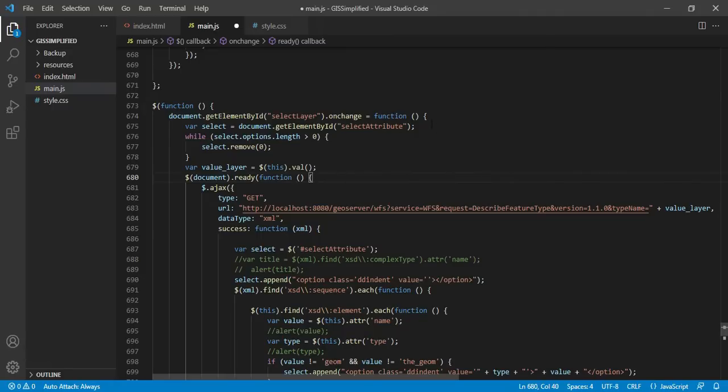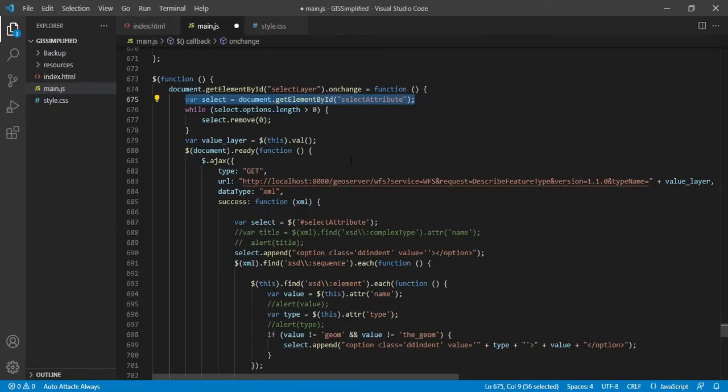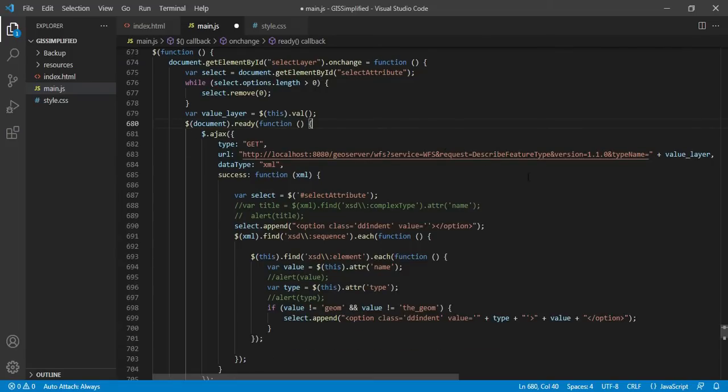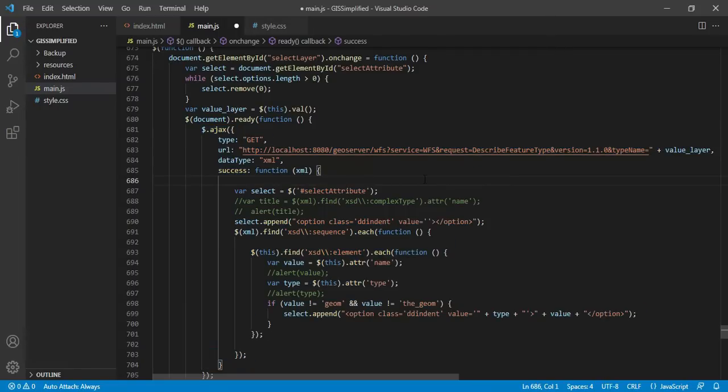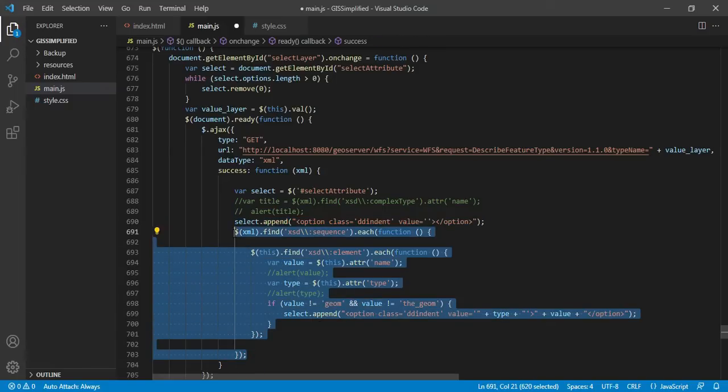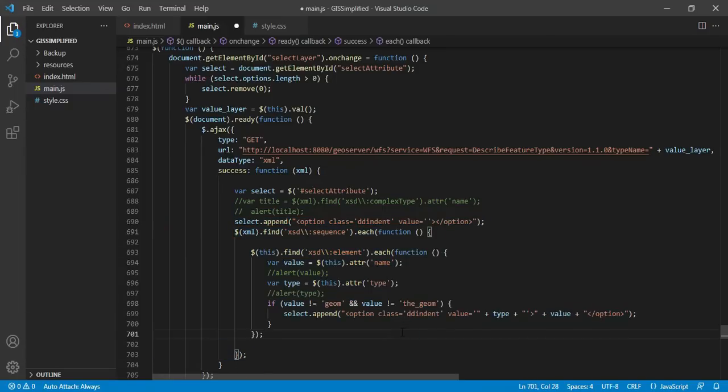So again, in this part what I have done is, if the select attribute Dropbox is already populated, then I'm clearing all the available values, and then I'm making an Ajax query to geo server, and I'm fetching all the attributes of the selected layer. So this is very simple. Once all the attributes are available, I am adding all those attributes sequentially to the Dropbox. So this is the coding part. First element I am keeping blank, and then second onwards, elements will be as per the attributes. So this is the code for that.